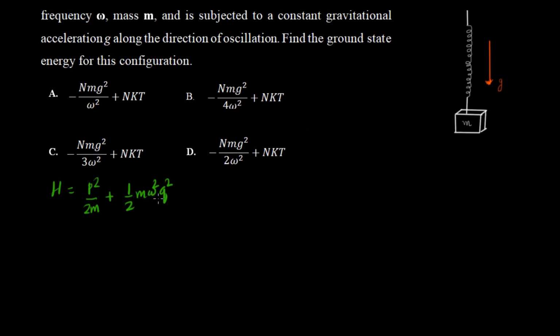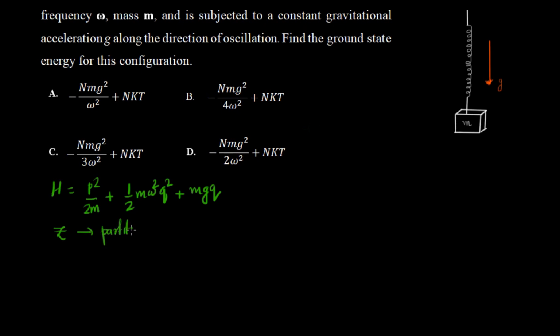So it will be ½mω²q² plus, since the system is acting under a constant gravitational acceleration, mgq or minus mgq. It depends upon your situation and what you are taking as the reference. Usually in statistical mechanics, to find the ground state energy, we find the partition function, something called Z. Z represents the partition function.